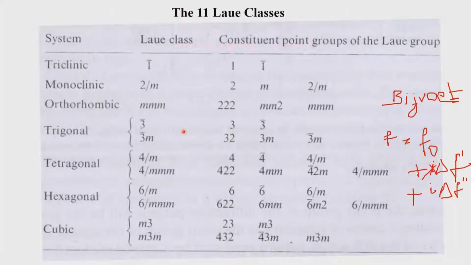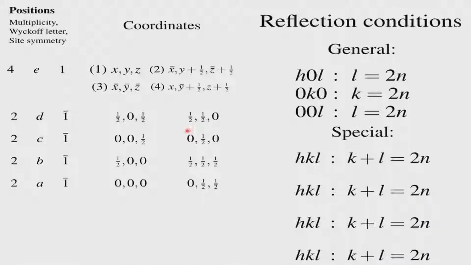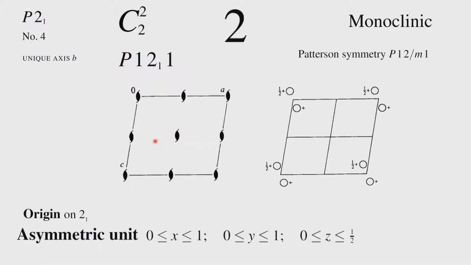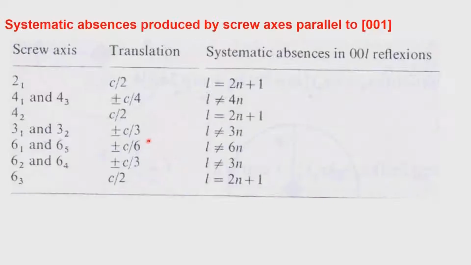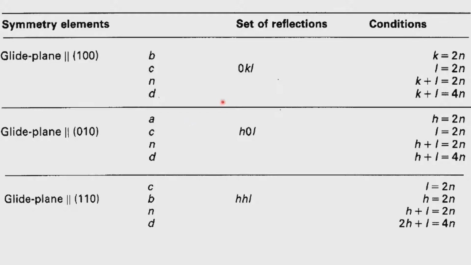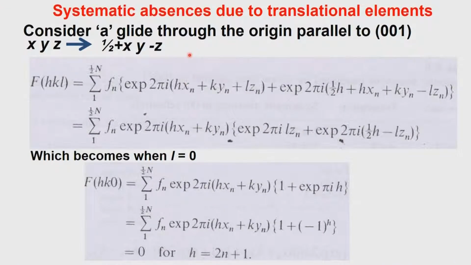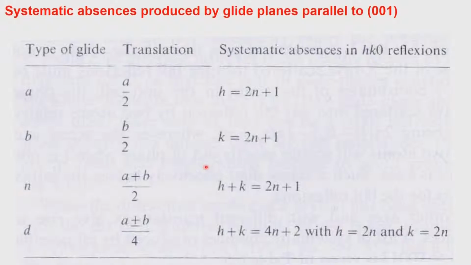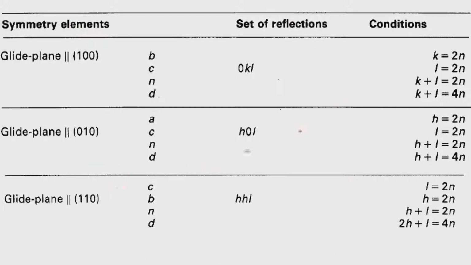So, essentially, we have covered the various aspects of space groups. The reason why I am repeating it again and again is because this is the crucial step and we should not miss any of these points, so let me go through it once. Suppose you consider an a glide, we have these systematic absences when L is equal to 0. We will end up with this list where we have the conditions to be satisfied for a glide plane parallel to 1 0 0, a glide plane parallel to 0 1 0, and a glide plane parallel to 1 1 0; these are the systematic presences.